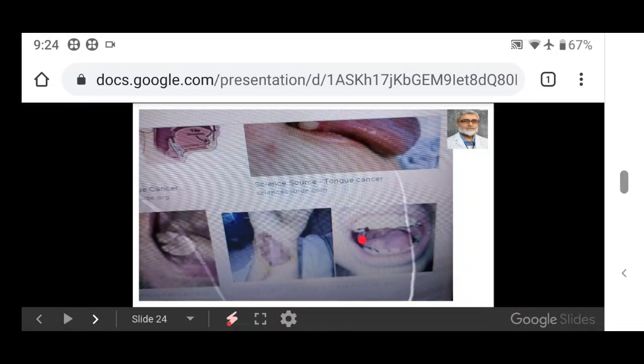That may turn into carcinomatous growth if there is tobacco stimulation, tobacco chewing, that usually causes carcinoma around the margin of the tongue. Here you can see carcinomatous growth, cauliflower. You can see here. These are the carcinomatous stages of the tongue.